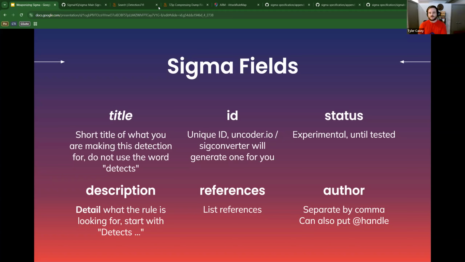So Sigma rules are pretty straightforward, but they do have a lot of required fields inside of them. Most of them are pretty self-explanatory, like title, ID, things like that. But some of them require a little more nuance, and we'll dig deeper into those. They'll have their own dedicated slide here in a little bit. So some of the fields I do want to call out are the title, ID, status, description, references, and